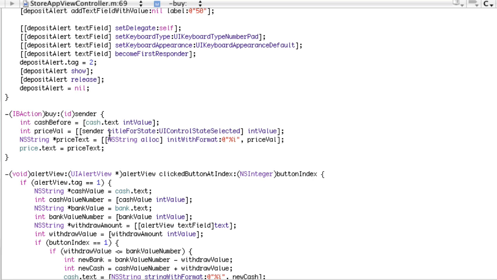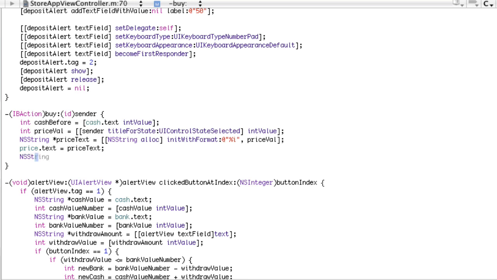So once we've done that, we're going to go down and create a new string, because we're going to create a UIAlertView. So this is going to be the message. So we're going to go NSString asterisk, because we're titling the string, byMessage equals bracket NSString alloc close bracket init with format,